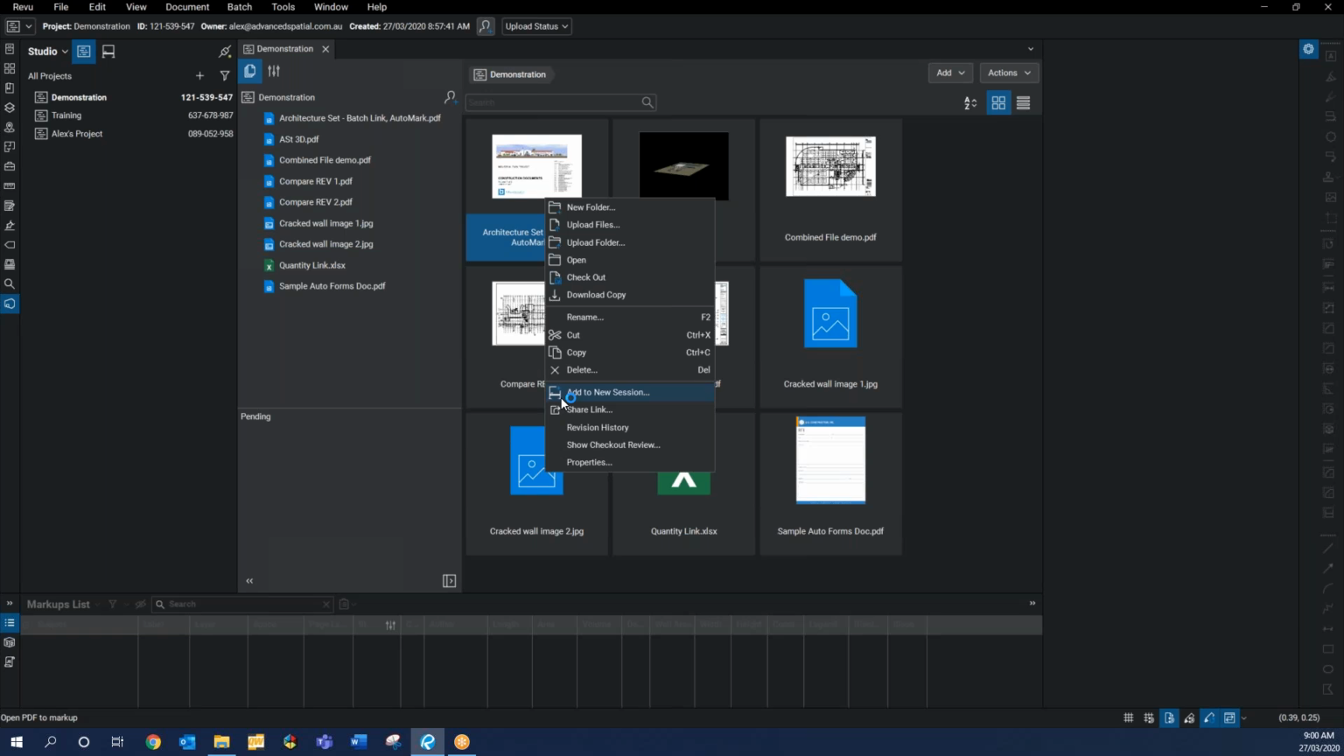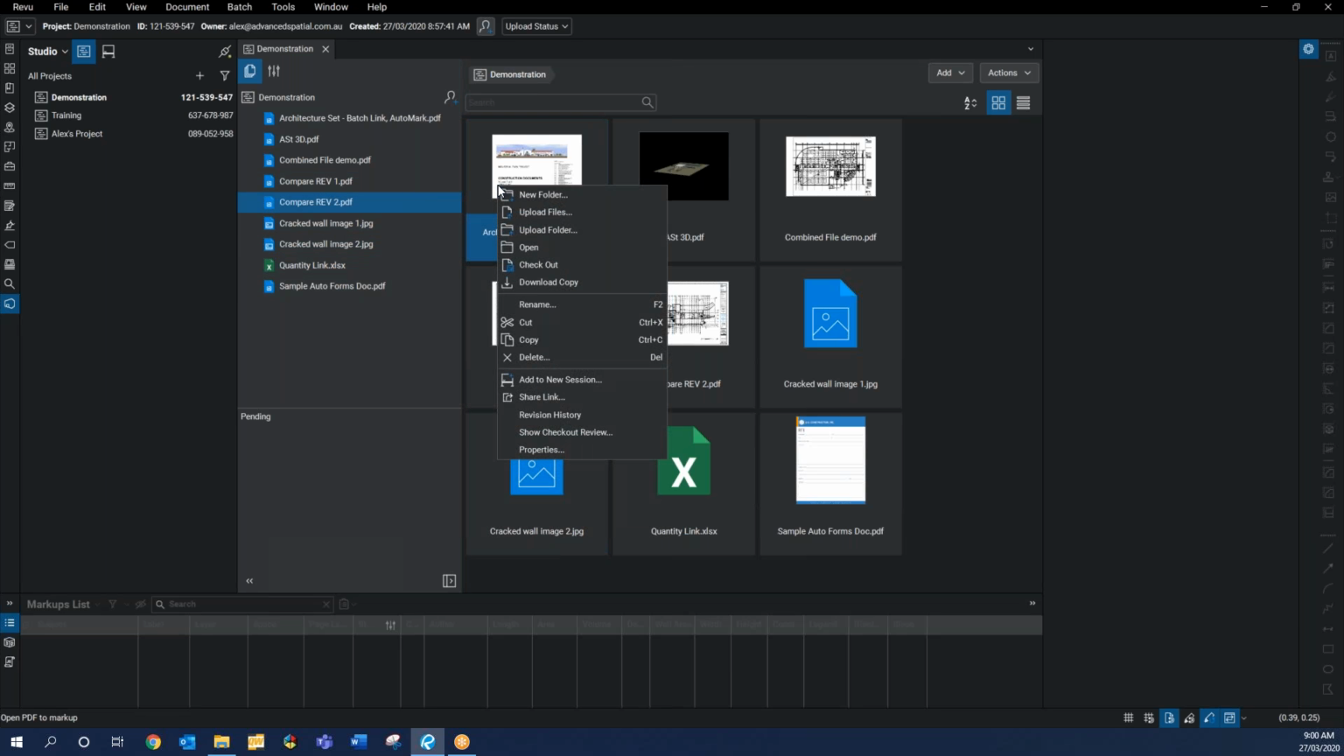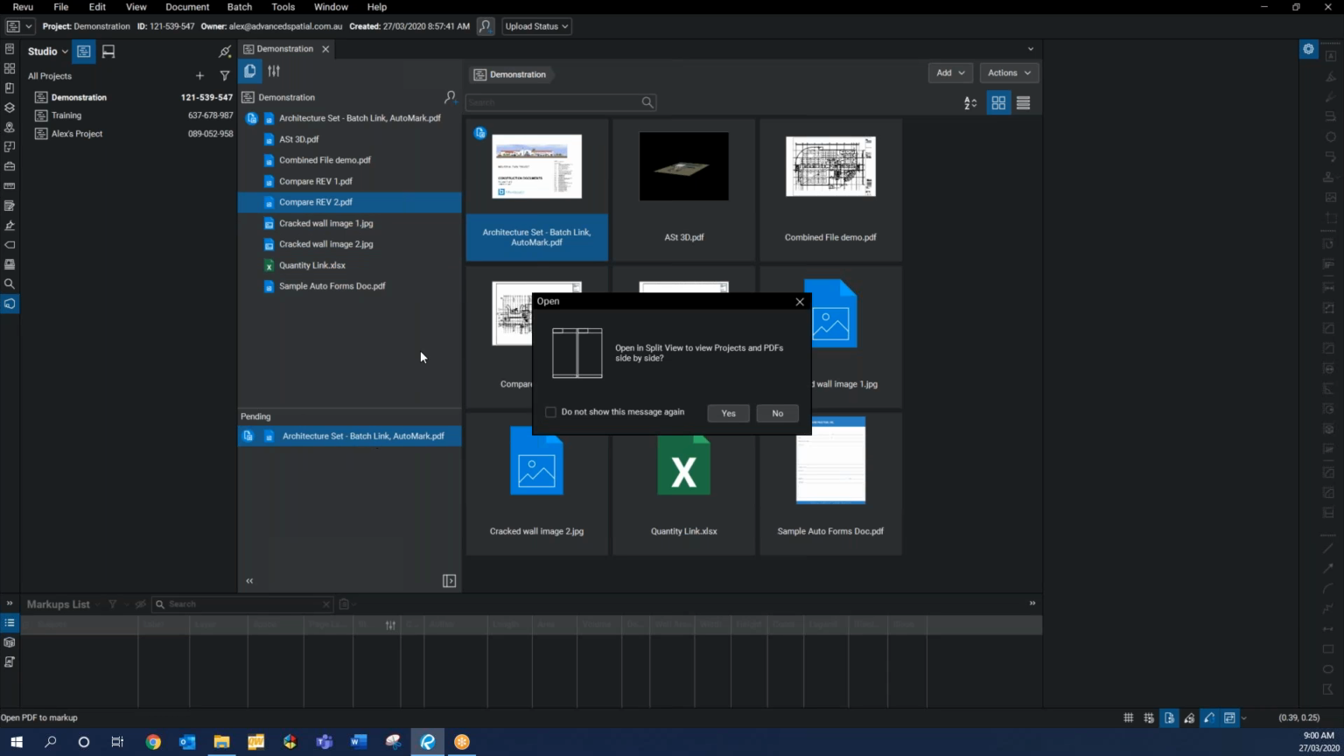We can also add it to a session to collaborate as well. But for now, what I'm going to do is check out the document. Cool. It comes up as pending. And then you should see this little icon up the top here. So that means the document's checked out. So now no one else will be able to access that. And then I can open it